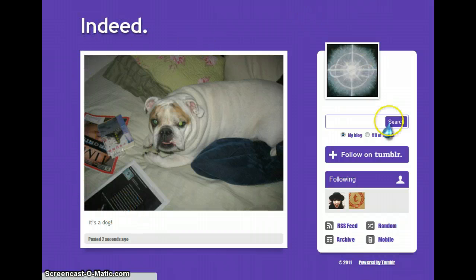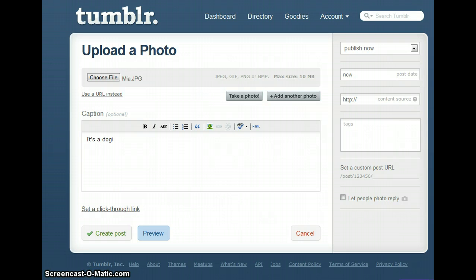This is my blog, and this is showing you what exactly is going to be there. It'll show you, as of now, I've been posted 2 seconds ago, here's my caption, you see the title of my blog. Maybe it's a little small, and I'd like to make it a little bigger. So I can just exit it out. Come here and